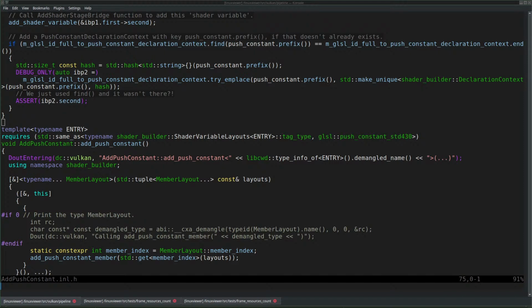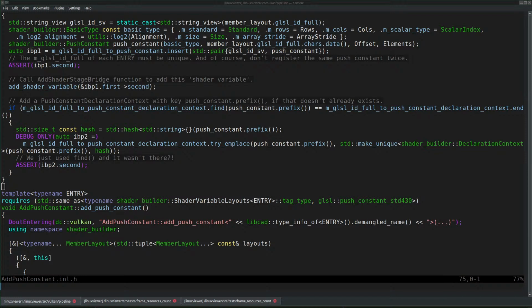Type in this too. When a characteristic calls add push constant, my push constant, then the members of my push constant are registered and stored in